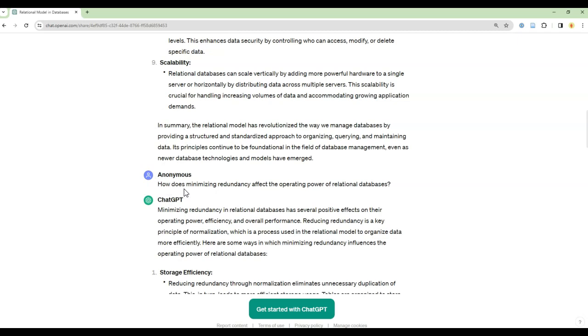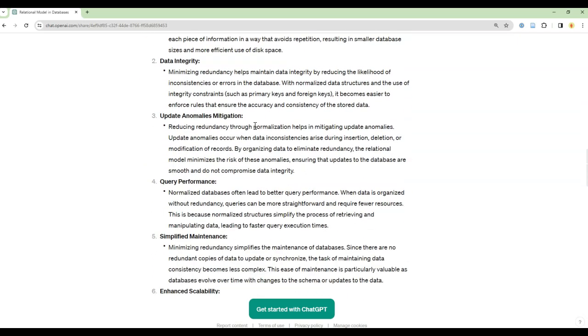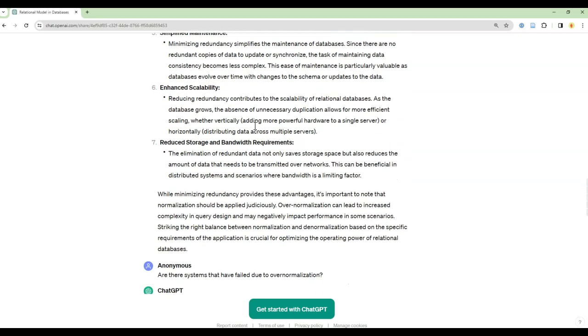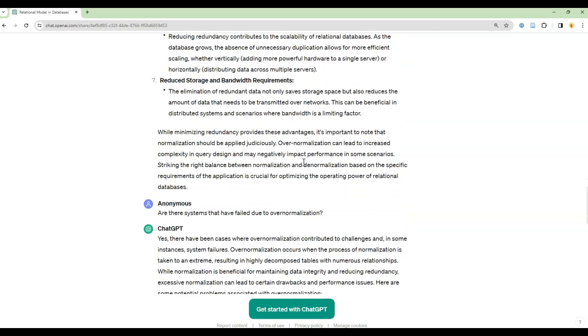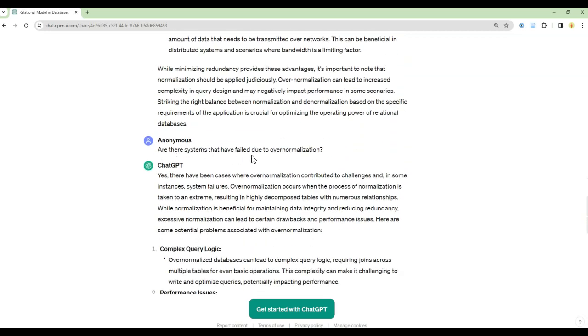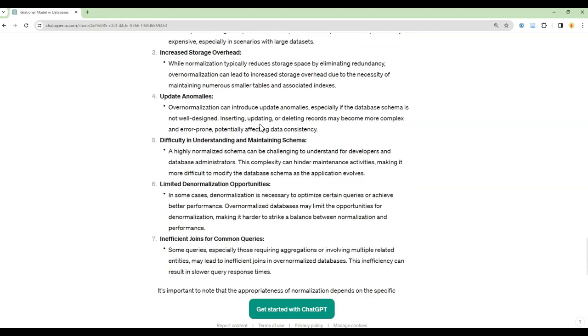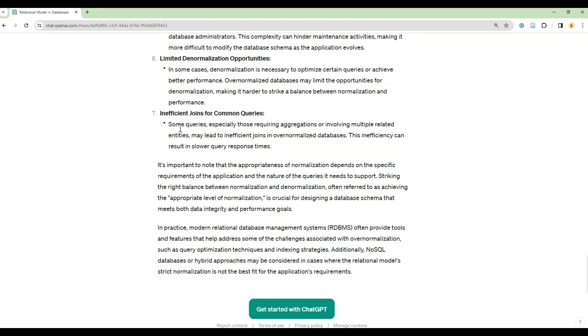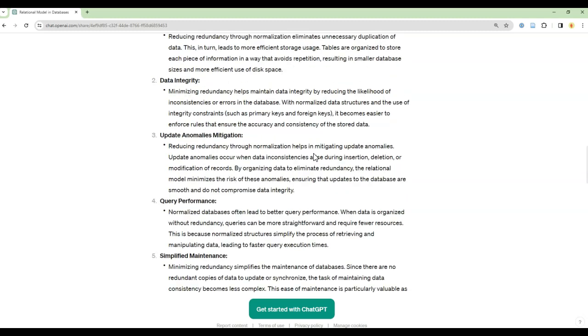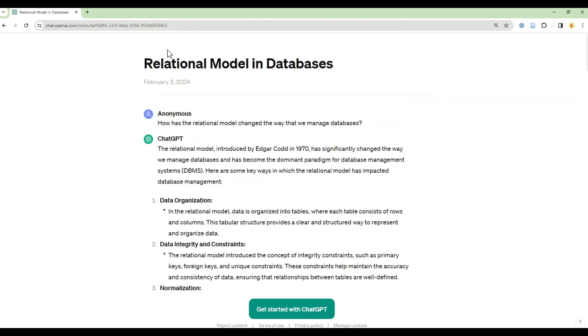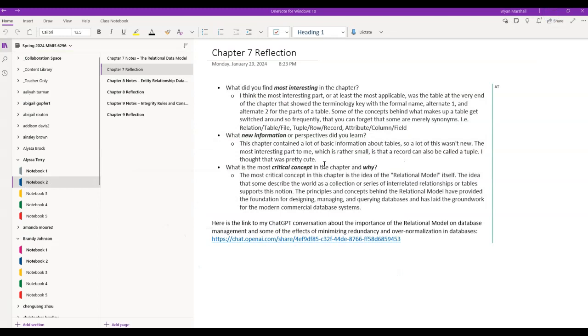She says, well, how does minimizing redundancy affect it? And then it talks a little bit about all of that. And it even talks about this thing called overnormalization. And then she goes even further and says, well, are there systems that have failed due to overnormalization? And then it talks a little bit more about those different things that she can read and understand a little bit better. Now, when you do that, at the very top of the chat, there's a little